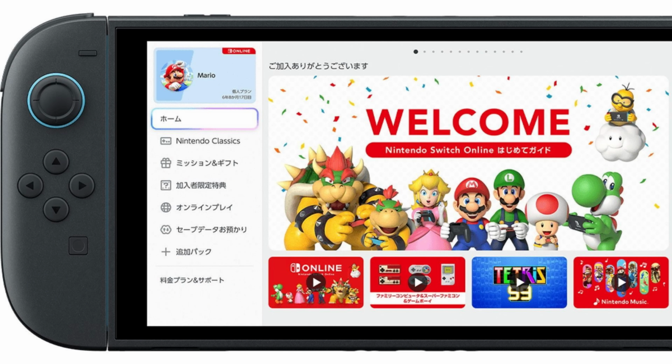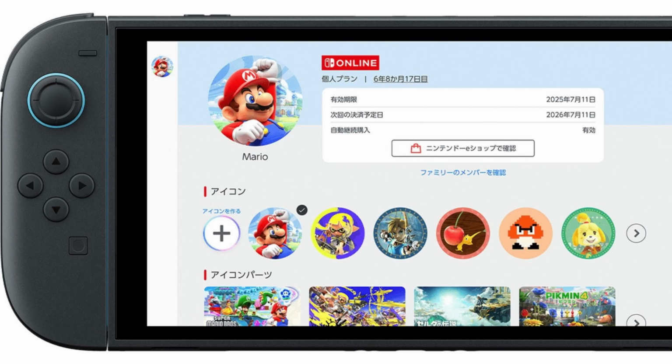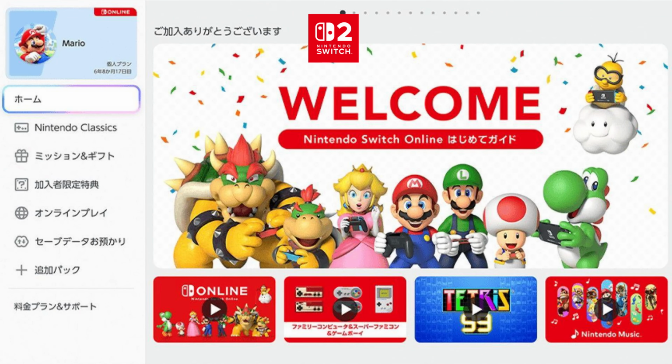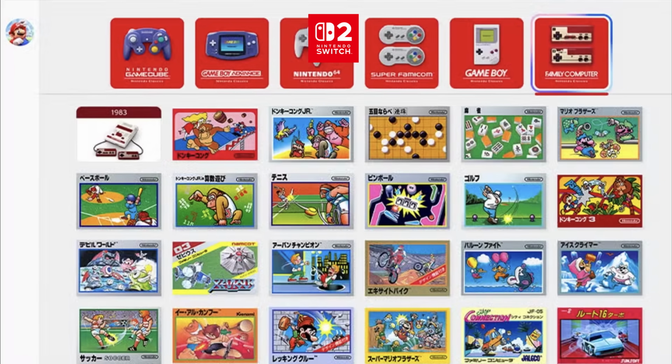And there is also the NSO app itself, the one that you get to by pressing the red button on the home screen. And this has been redesigned to an extent too. Instead of a tab that says NES, Super Nintendo, Game Boy, and then just sort of leads off, it's all under Nintendo Classics now. And when you click that, you get a very elegant system showing you all the games